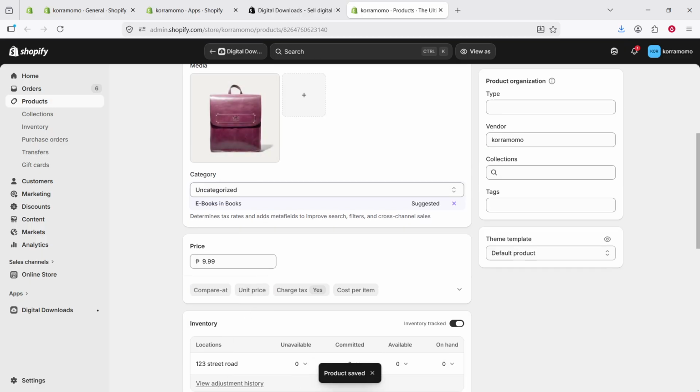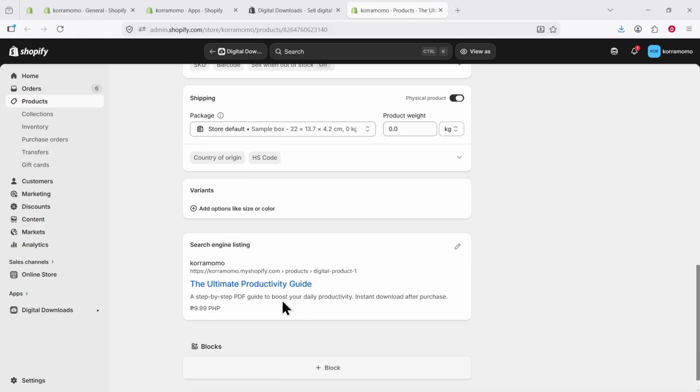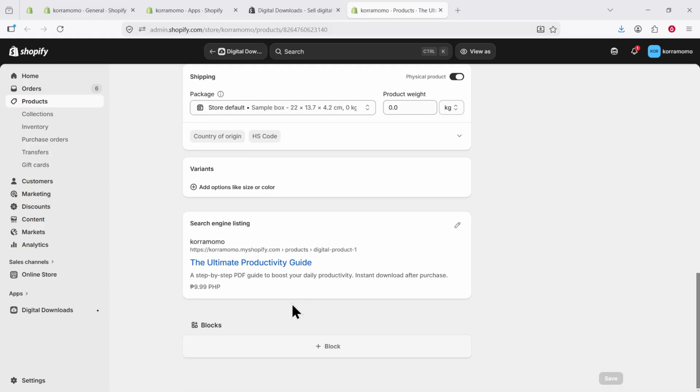The Digital Downloads app is now configured with the default setup for delivery. That means automatic fulfillment is in place, so the download link is emailed immediately after purchase. It also means the product is set with unlimited downloads under the app's default behavior. Your product page now shows the digital item as a purchasable listing, and the PDF is ready to be delivered